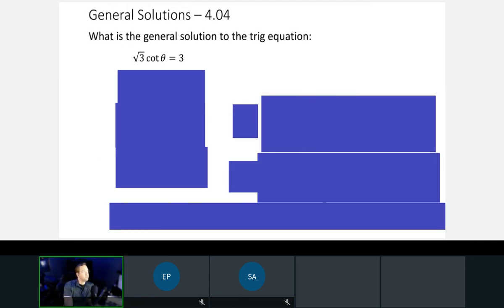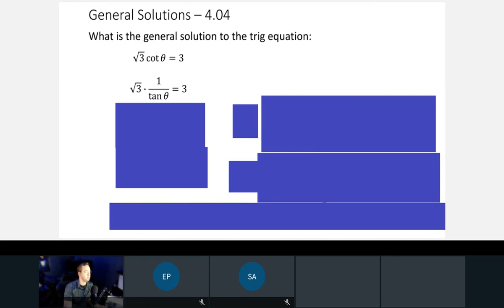Okay, it says, what is the general solution of the trig equation? Rad 3 cotangent theta equals 3. All right, so we divide both sides by rad 3. Oh, and before we do that, we want to convert cotangent into 1 over tangent of theta using the